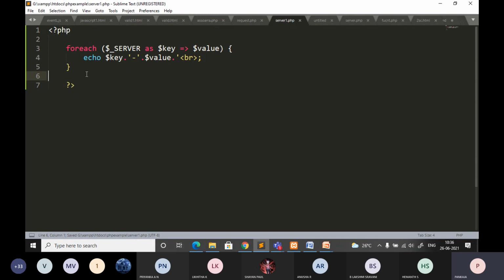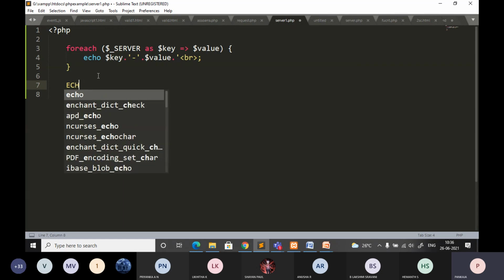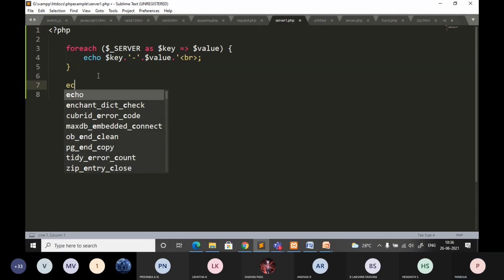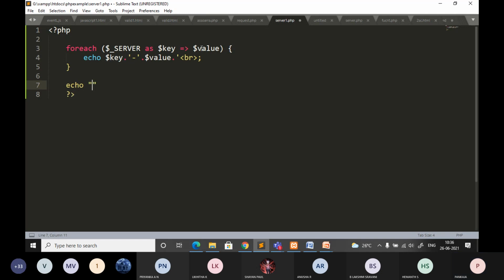Outside the loop, I'll directly try to echo it. Because when you are trying to access only one element, it is not required to use foreach, I think. So you can directly display the element using echo. What I was trying to do was giving the index value and using foreach, which is not correct. So echo, here you can directly use dollar underscore SERVER.